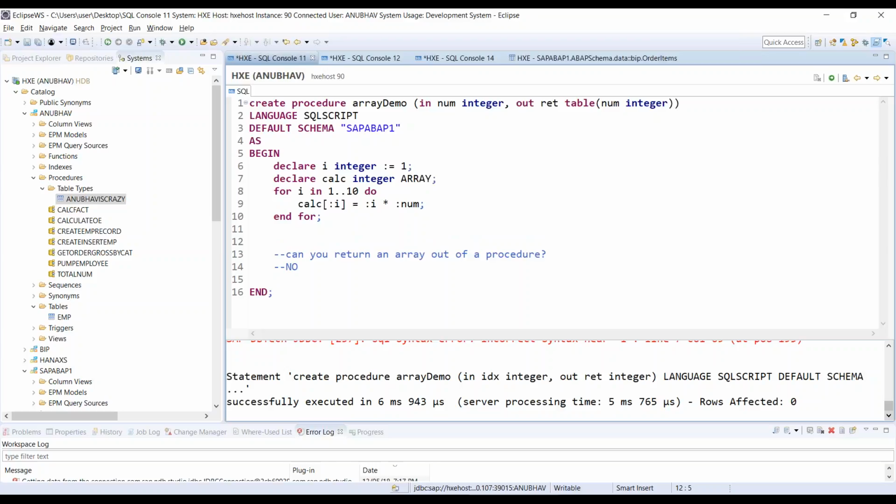In SQL script you have a function called unnest function. Unnest function, you got to use that to transfer the data from an array to a table. Clear everybody? How do you transfer data from an array to a table? Unnest function, put your return table ret equals to unnest,